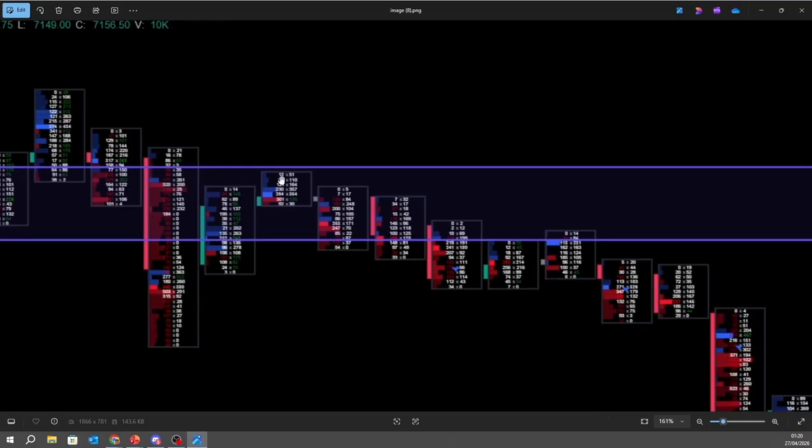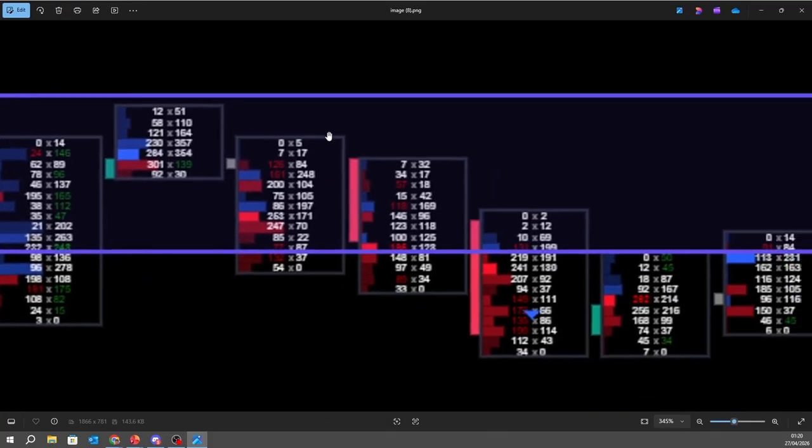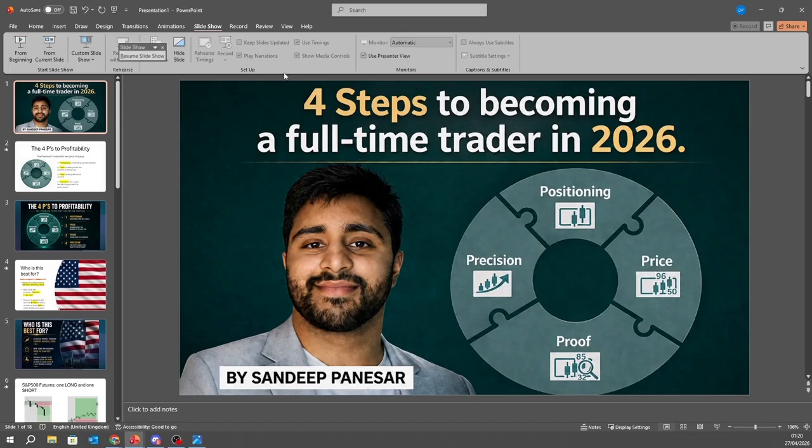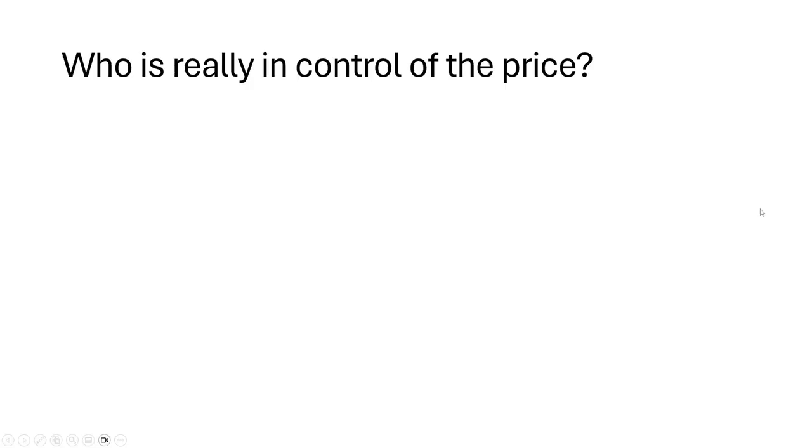Even here we see a blue delta, even here blue delta. Zero. We're detecting zeros, and we're seeing the market continuously break lower. All right, so there was my entry, and I'm going to break down how I got that entry. But just for the purpose of this video, we want to be reading the bid and ask, and then we want to see that